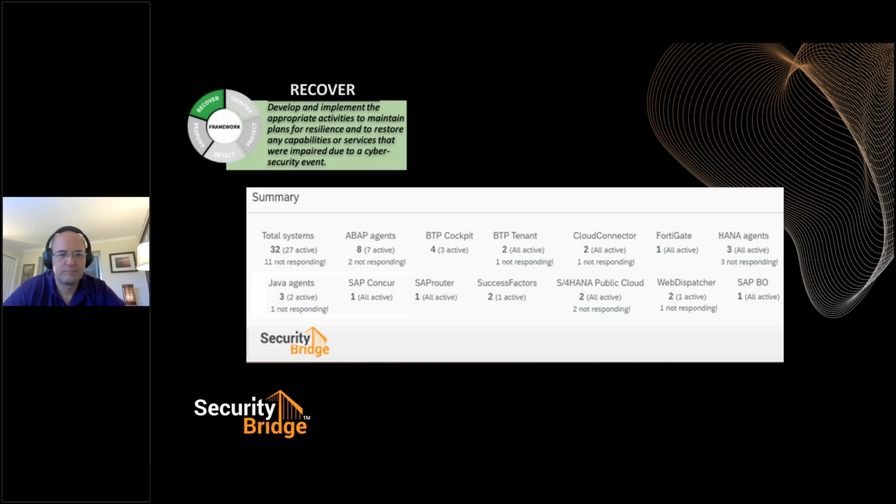And obviously you've got to get your playbook out. You've got to make sure you have your data backed up. You've got to make sure you can rewire all your good stuff with your networks and your routers and all that great stuff. But you really also need to know what assets, and you want to make sure you're monitoring those assets, and you want to make sure you have an inventory of those assets. And again, looking across the board, SAP is more than just an ABAP system. It's more than just an S4 system. It's really holistic, and you really want to make sure you're monitoring that and being able to recover those,